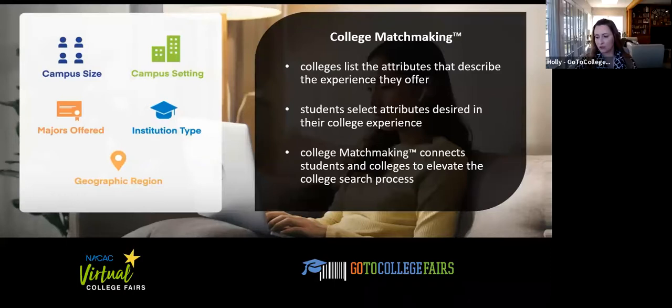I'm going to answer a question out of the chat, but please, if you can, put your questions into the Q&A box. Someone in the chat asked about receiving an email saying that they did not set up matchmaking, but when they went to their GoToCollegeFair, it says they did complete their matchmaking. Is there a way for me to check to make sure my matchmaking is set up? So Heather, do you guys want to give a general answer to this? And then I'm going to direct her to the info at just for a little bit of additional support.